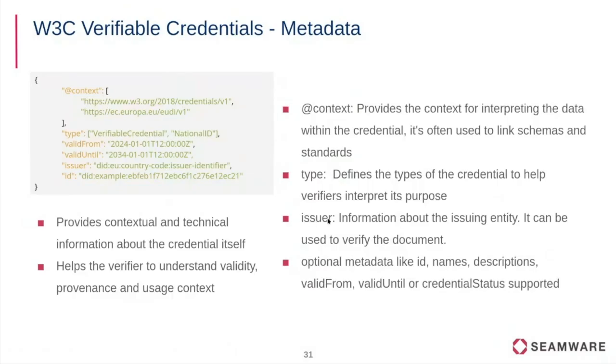Then we have a third very important field that we always need. That's the issuer of the credential. It gives you the information who issued this entity, and also essentially who is attesting the contents. Because you can only trust the contents of the verifiable credential if you trust the issuer of it. If I get an ID card that comes from the German government, then I can trust that the address is actually proven there. If I get an ID card that is signed by my daughter, then it's most likely not trustable. And then there is some additional optional metadata, like IDs, names, descriptions, validity stuff, credential status, and so on,